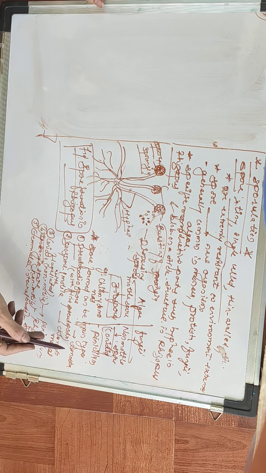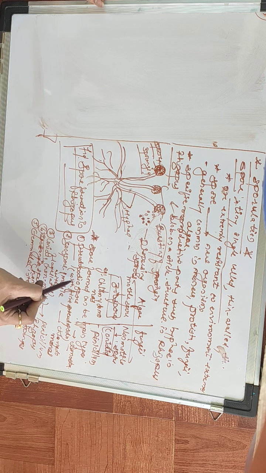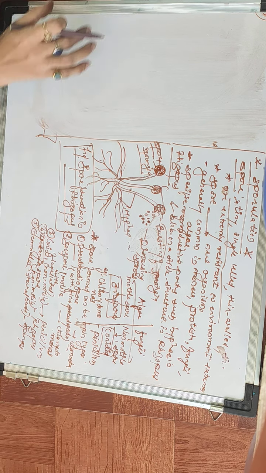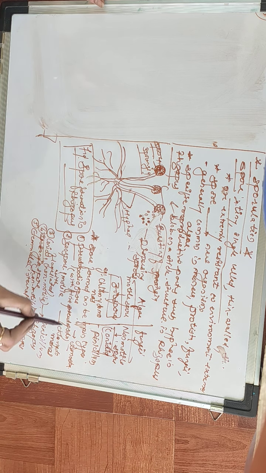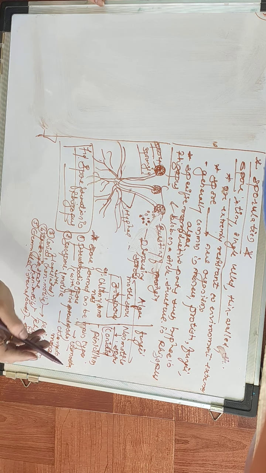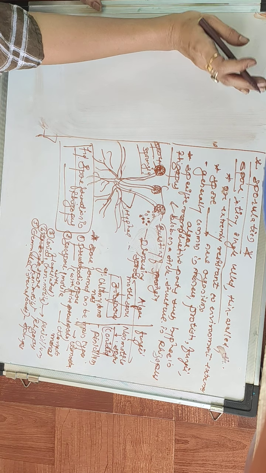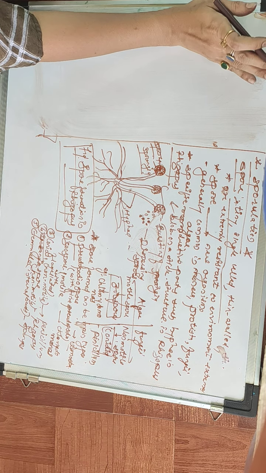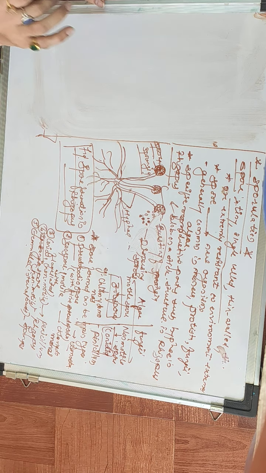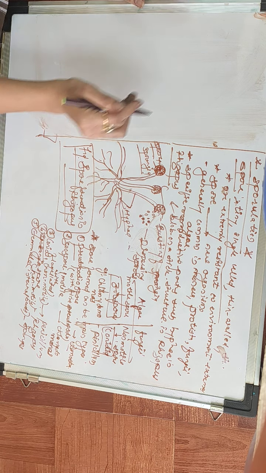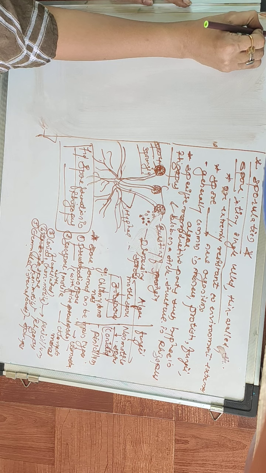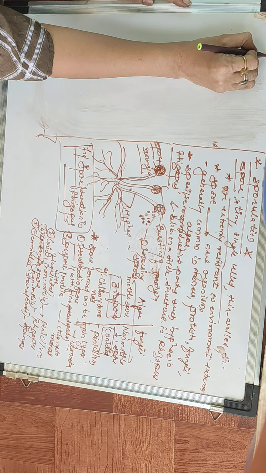Here I will explain the pseudopodiospores. Under unfavorable conditions, I'm talking about spore formation in amoeba. You might be confused: binary fission, multiple fission and spore formation, all 3 asexual modes occur in amoeba, depending on the situation. So what will happen here, under unfavorable condition,